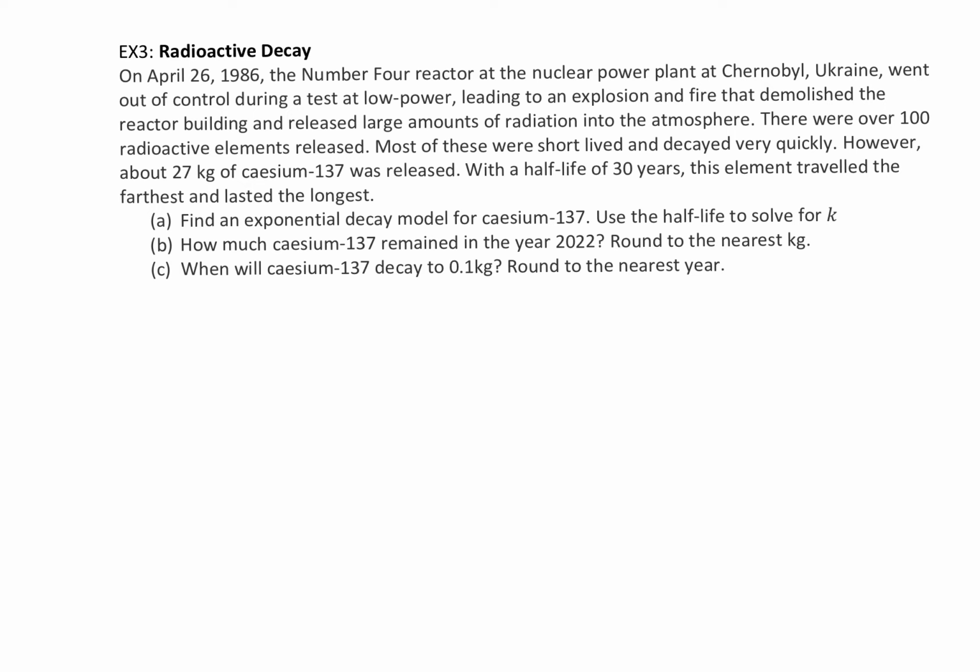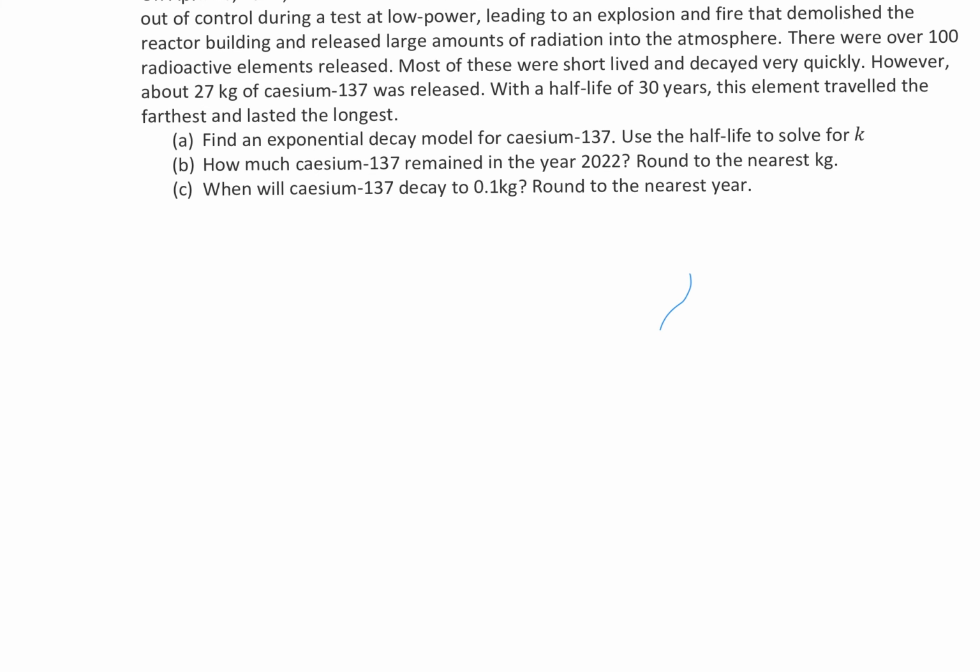In part A, we want to find an exponential decay model for cesium-137. And when we find that model, we're going to use the fact that the half-life is 30 years so that we can solve for our k value. Well, let's get started. In part A, it is a decay function. So since it is a decay function,